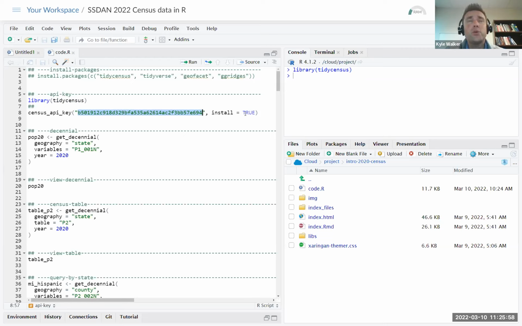The install equals true is instructing Tidycensus and R to write the key to a special file called .Renviron that will in the future get picked up every time you come back to use R. If you change this to install equals false, the key will be set for use throughout your R session today, but won't be remembered the next time you come back. So for example, if you had install equals true and you ran this,